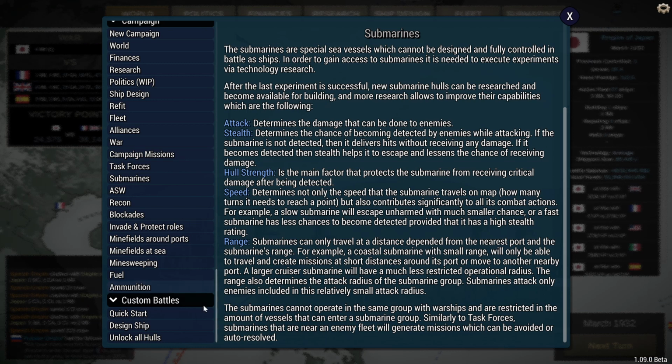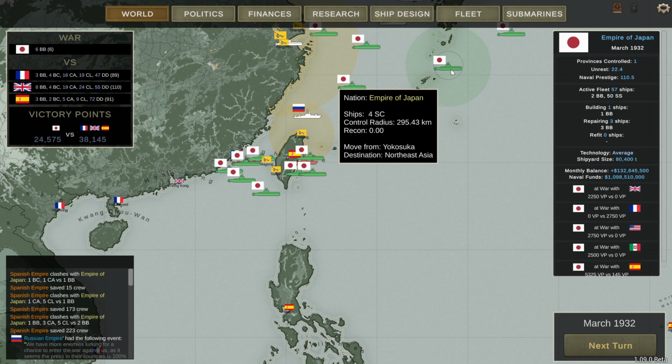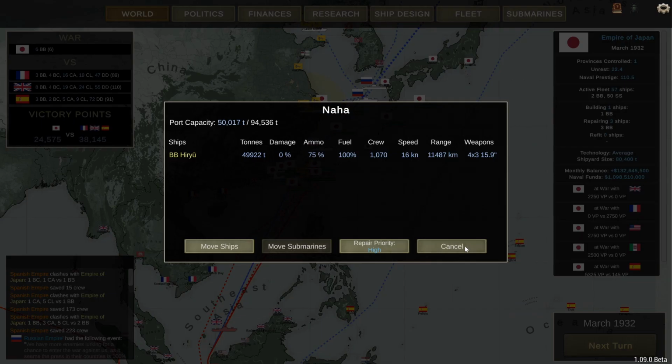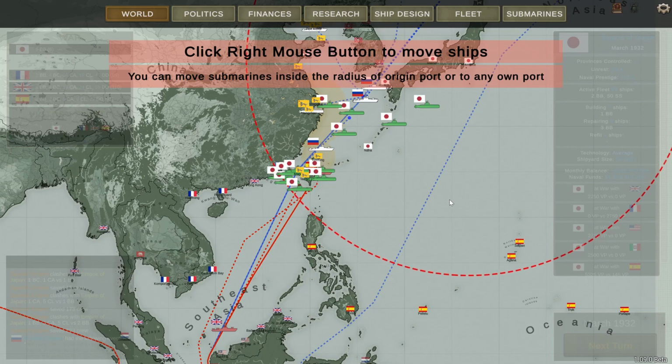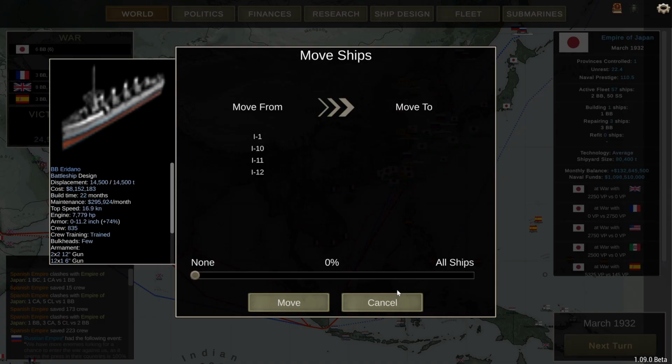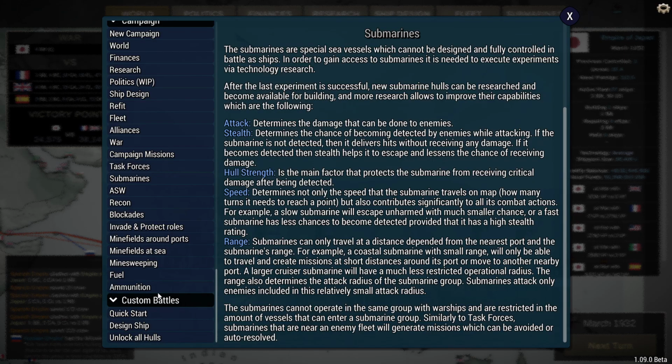And also the range, no matter what the technology is, the radius is exactly the same. So this radius doesn't change no matter what technology your submarine is. The very first submarine that you build has got exactly the same radius as the latest technology submarines have, where on the submarine range help tab it says